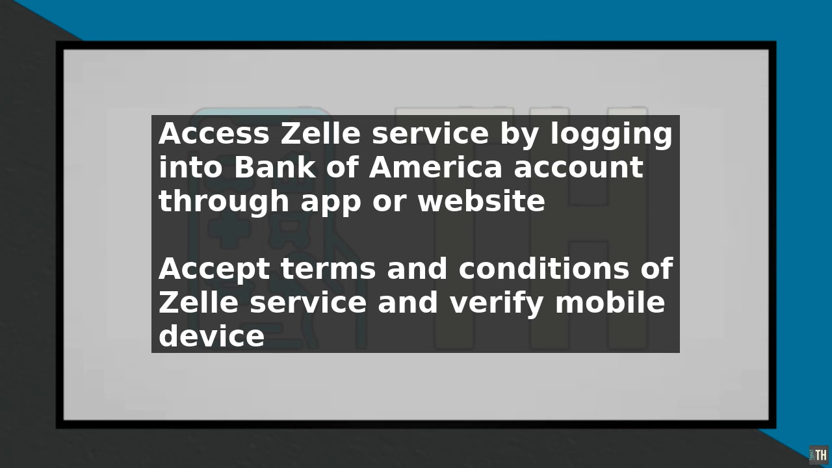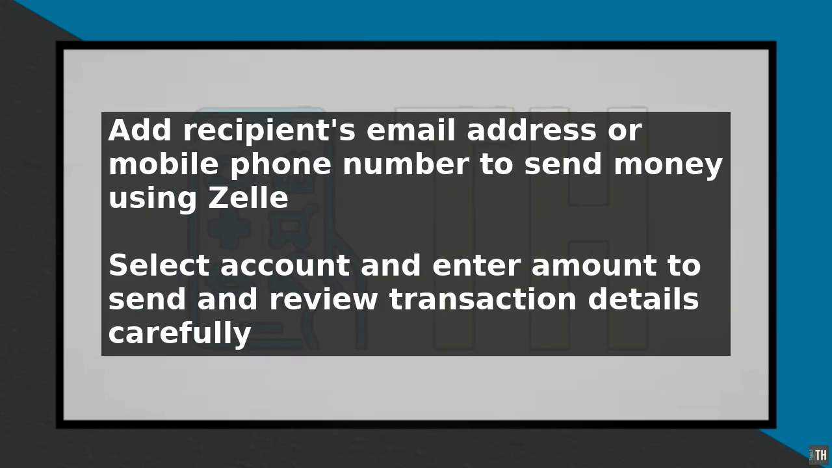To receive money using Zelle, the sender will need to have your email address or mobile phone number registered with Zelle. When someone sends you money, you will receive a notification via email or text message, and the money will be deposited directly into your Bank of America account. You do not need to take any action to receive the money, as it will be automatically deposited into your